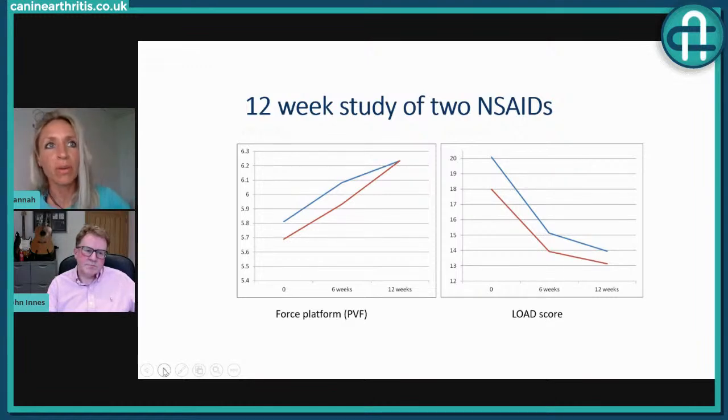I just know from my own experience being in practice, there's always that difficult conversation as that vet introducing a medication with a potentially long-term viewpoint on it. Yeah, it's a good point. I think that is a bit of a barrier sometimes, but these data, and there are other studies out there that show this, that actually it takes 40 to 70 days typically to reach the maximum effect in osteoarthritis with pain relief. So, yeah, definitely.